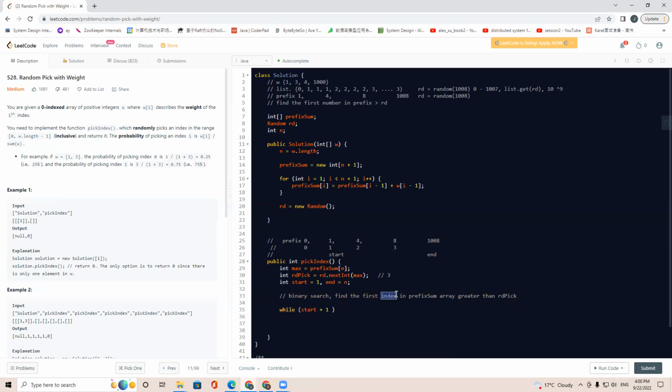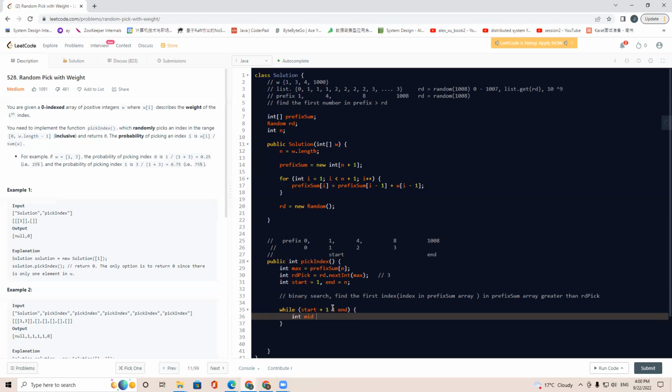Let's say this index in the prefix sum array is one number shifted from the original array. So when we return, we subtract 1. So let's write the binary search: while start plus 1 smaller than end,